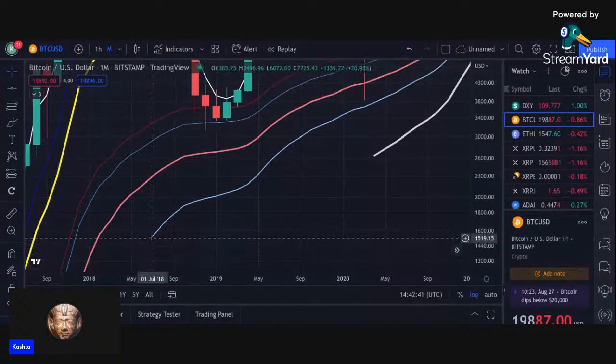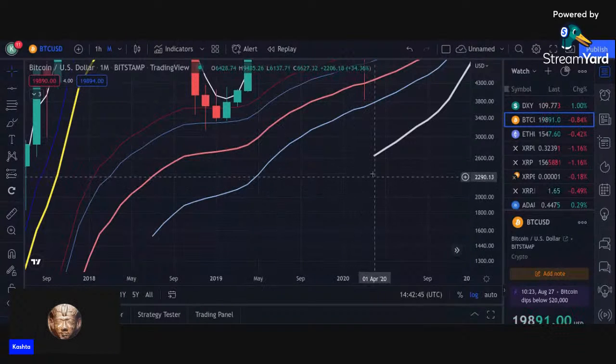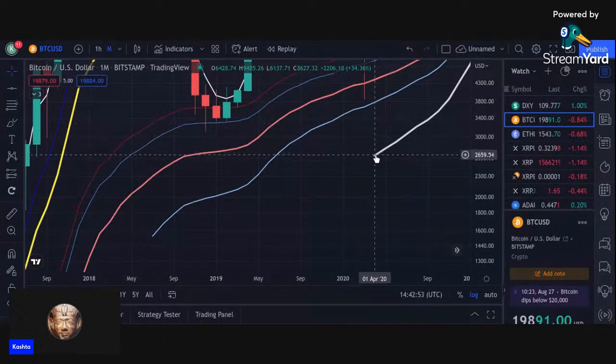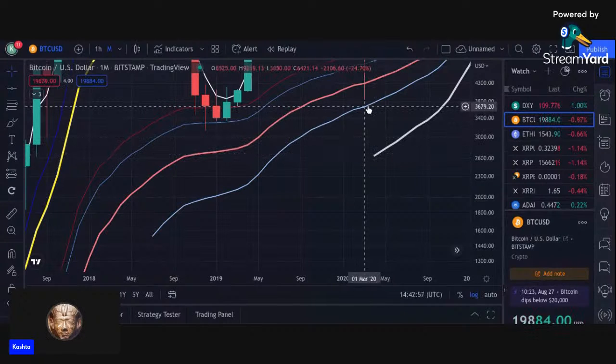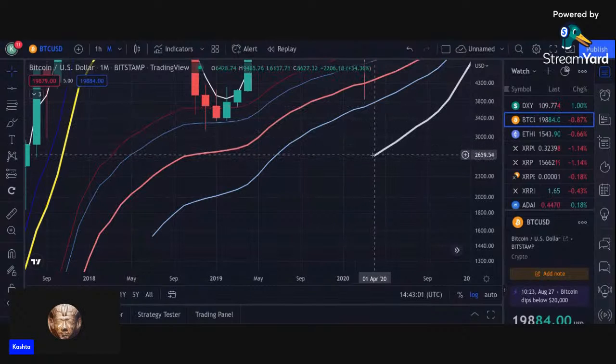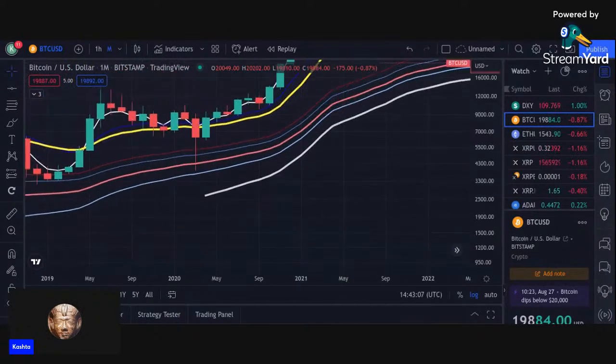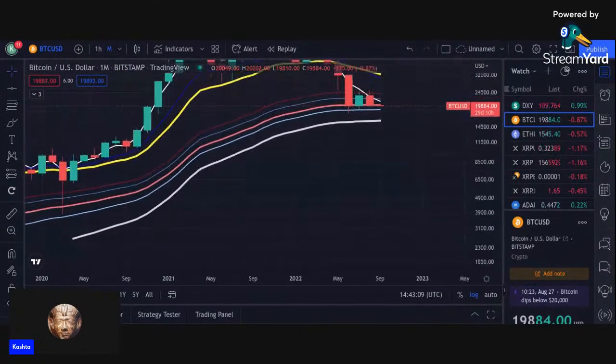That blue one that's acting as the strongest support, it came in here. We did have a new one come in here in April of 20 around the same time. We just got past that lower one. So worst case scenario, in my opinion, would be this EMA. But until we lose this one, I'm not even putting this one much on the table. And I do have one that could be a little bit lower, but again, there's no reason in talking about that one until we get past some of the ones that we are looking at